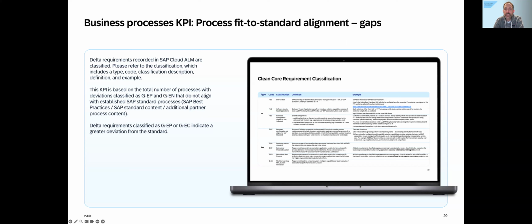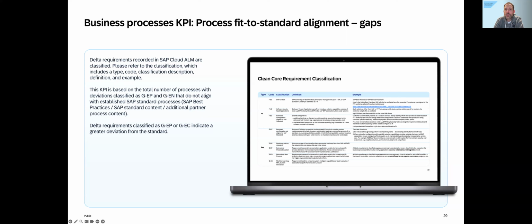So we're basically saying, whenever we create a requirement, it's called a clean core requirement, or we can call it a business requirement. It's either a fit or it's a gap. Let me give you an example. It's a fit FEC. It's an extended configuration. So it's an additional setting, which is totally normal in all of the projects I've ever done with customers. So you set up additional organizational structures, additional company codes, and so forth.